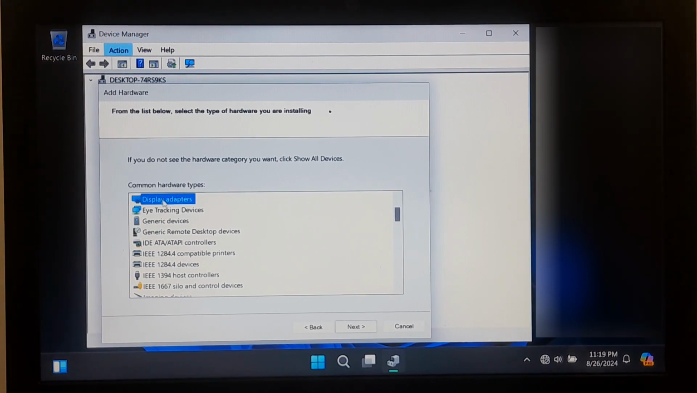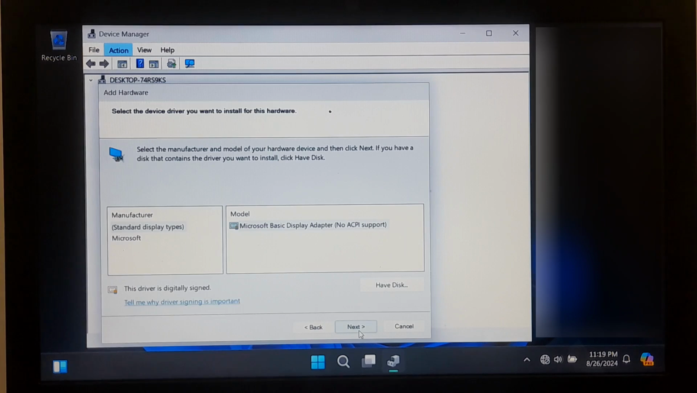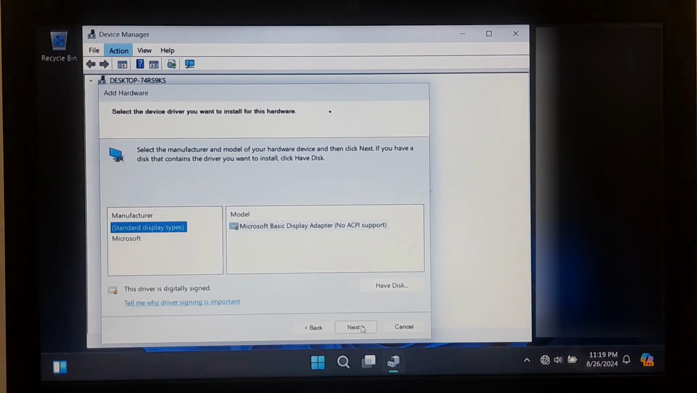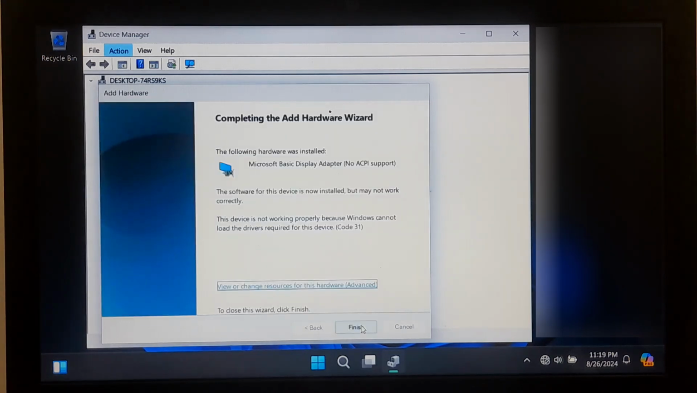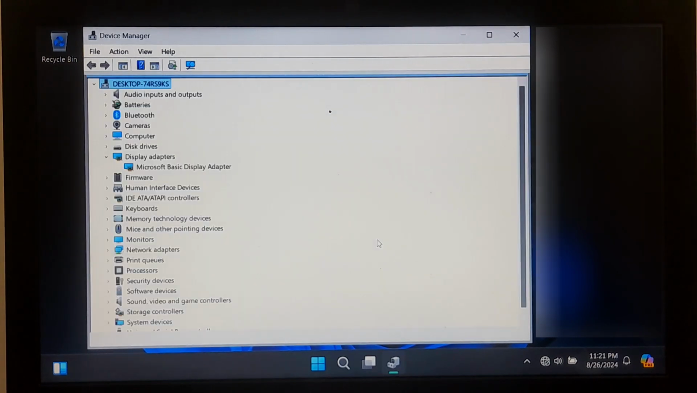Here, you will be asked to choose the manufacturer and model of your display adapter. If your specific adapter is listed, then select it. If it's not listed, or if you have the driver files saved on your computer, click on Have Disk and browse to the folder where your drivers are located. After selecting the correct display adapter or providing the driver, just click on Next and follow the prompts to complete